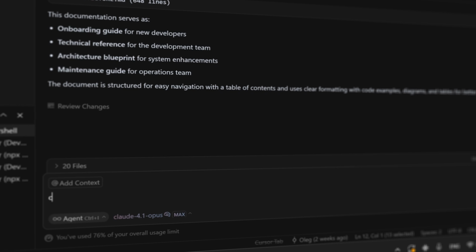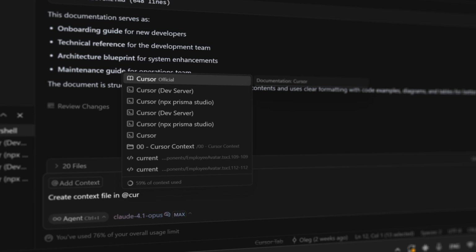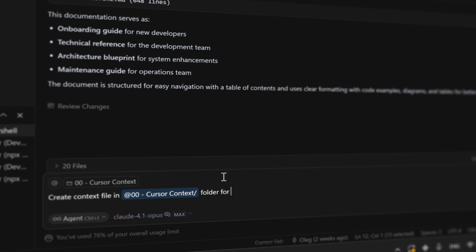Let me show you an example right now on the already working application of how we can improve our KPI system. First of all, I will ask it to create a context file in the Cursor context folder for the KPI system with KPI endpoints.